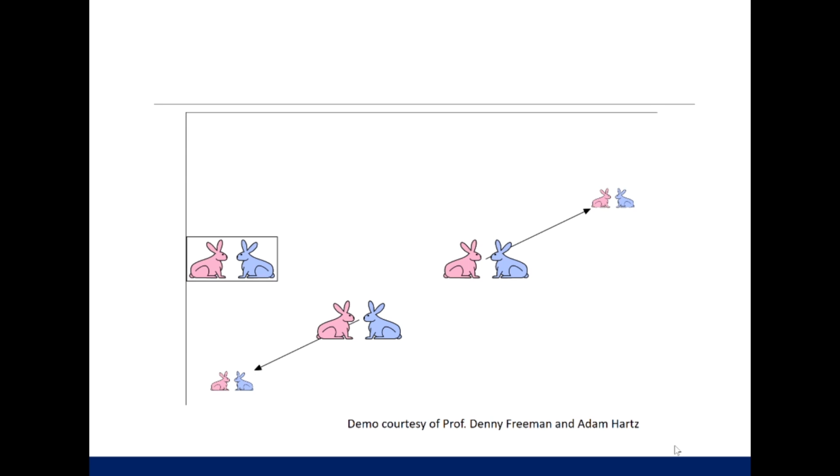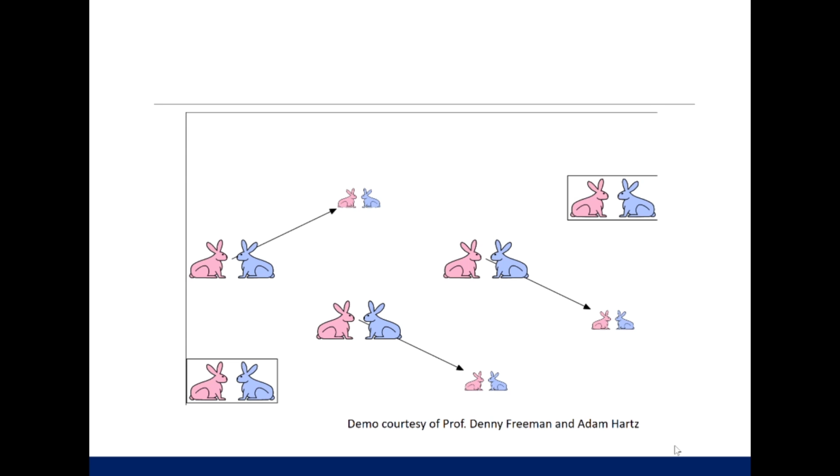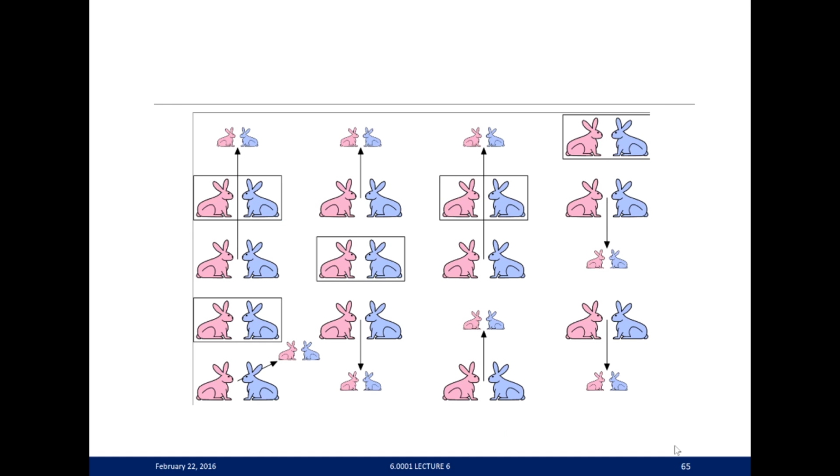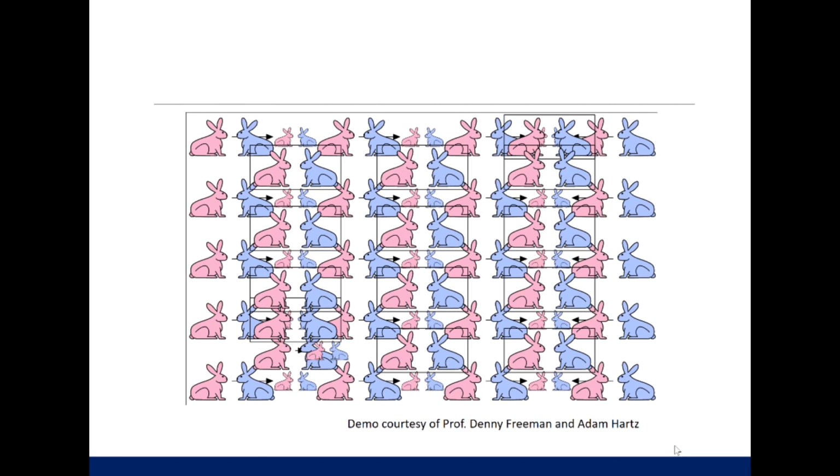So we start off with a pair of immature rabbits, a male and a female, the 1st month. At the end of 1 month, they've matured. They can therefore mate, and at the end of the next month, they're still around, but they've produced offspring, another male and a female. At the end of the next month, the original pair have produced another pair of offspring, and the first pair of offspring have matured. And that means at the end of the next month, both sets of mature rabbits now produce offspring, and another one is matured. And that keeps happening as we start generating more rabbits and more rabbits and more rabbits until